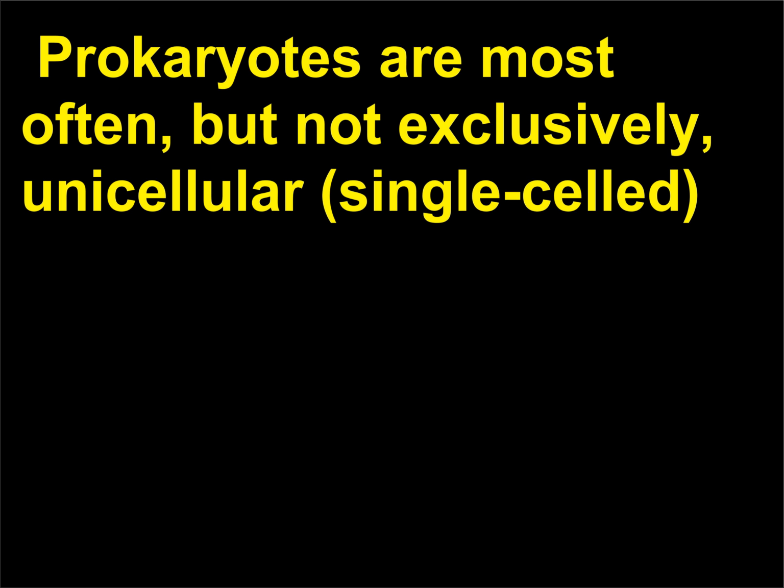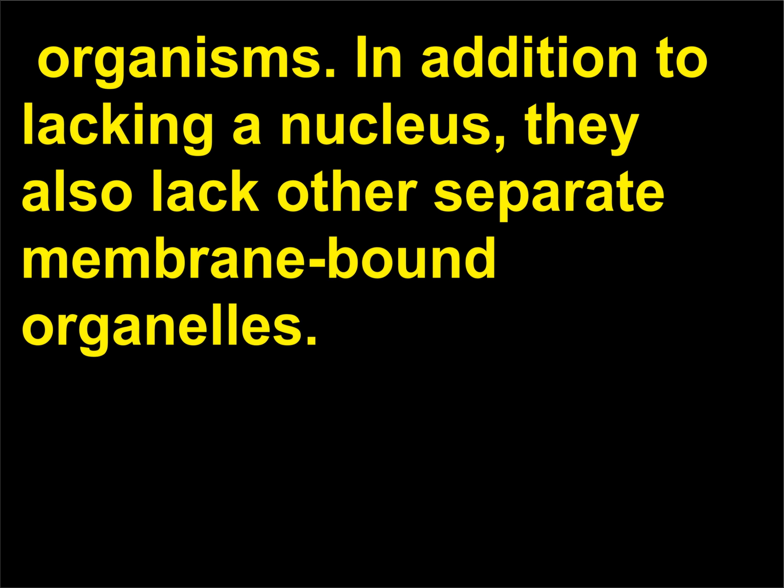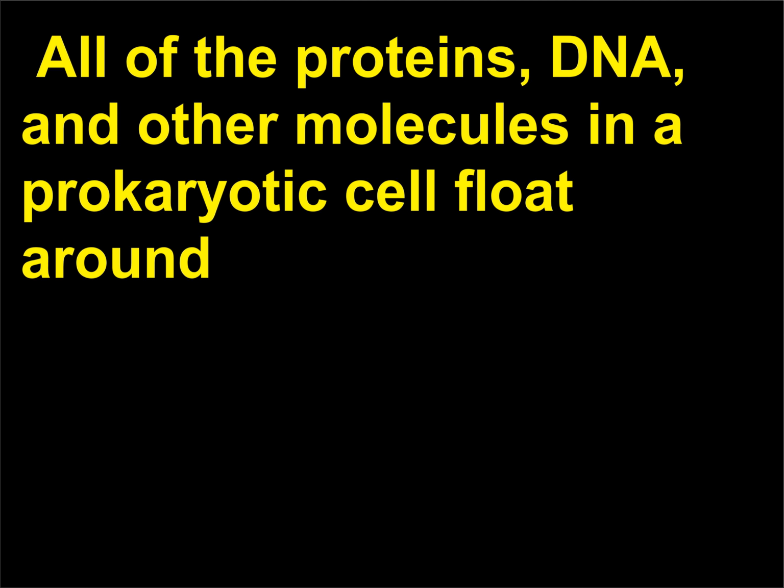Prokaryotes are most often, but not exclusively, unicellular, single-celled organisms. In addition to lacking a nucleus, they also lack other separate membrane-bound organelles. All of the proteins, DNA, and other molecules in a prokaryotic cell float around